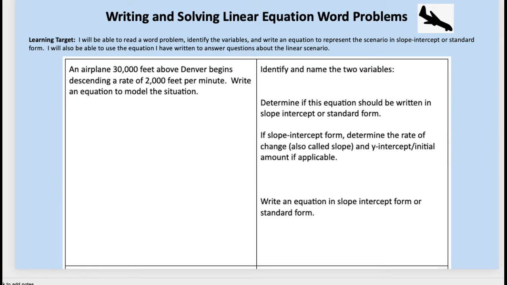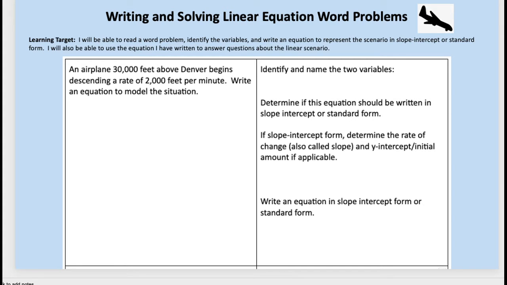Let's go ahead and look at another scenario about airplanes. An airplane 30,000 feet above Denver begins descending at a rate of 2,000 feet per minute. Write an equation to model this situation. So before I even start to dissect this sentence or sentences and identify my variables, I know right away that